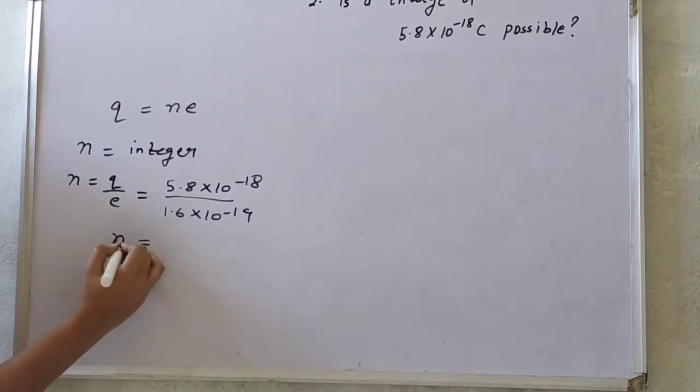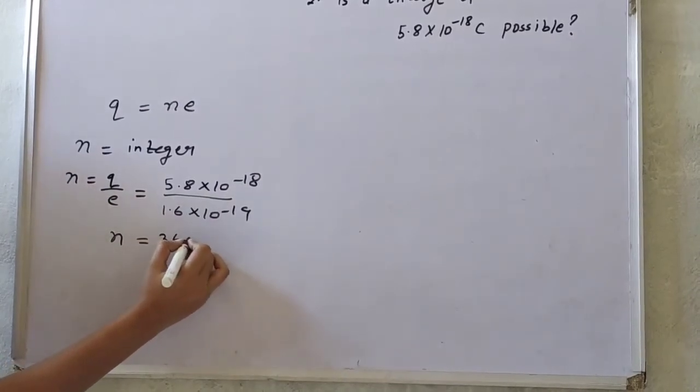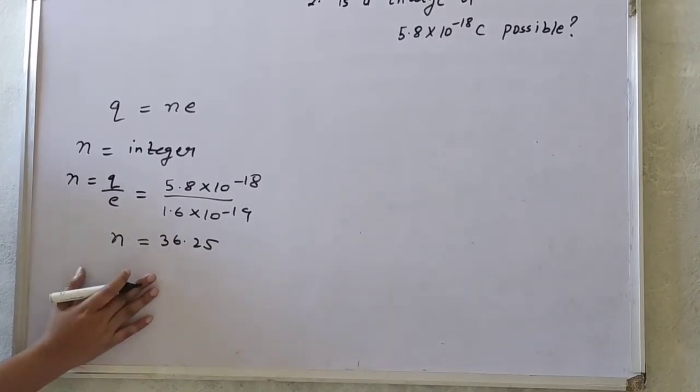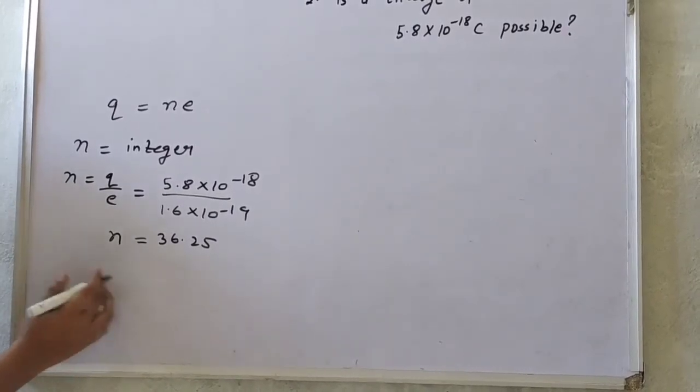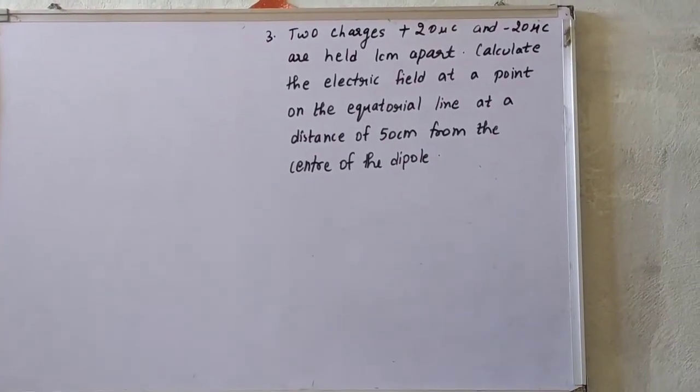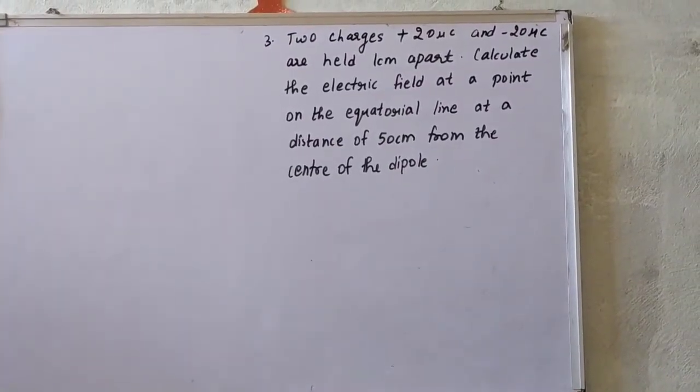When you solve this, the value is 36.25. Is this possible? It is not possible, since n is not an integer. Okay, now our third question is, we have two charges